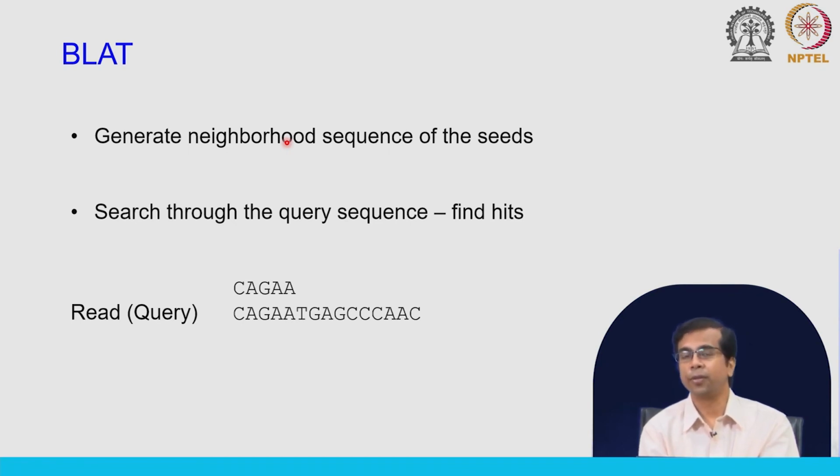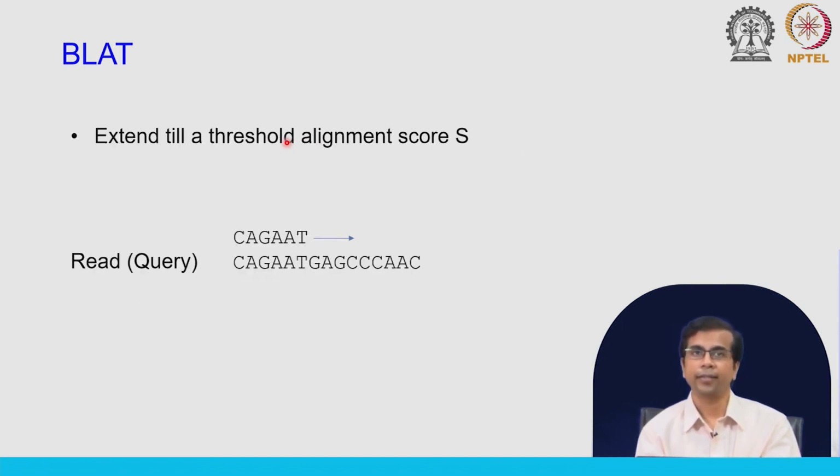So, you should find perfect matches, and you do not have to apply dynamic programming or something else to actually find the number of mismatches, etc. Once you find this hit, you just extend again till a threshold alignment score S. This is something that you might want to see, whether this actually works and whether we actually